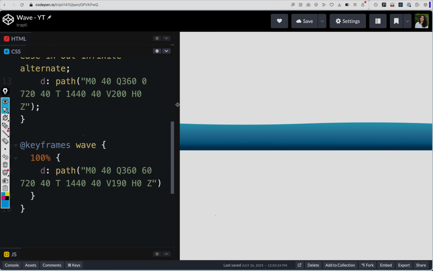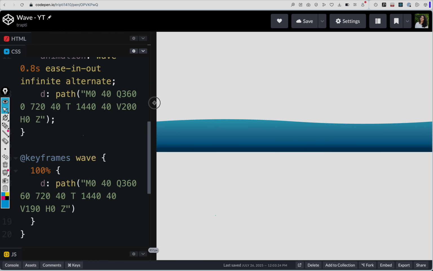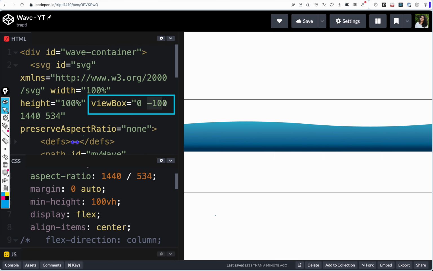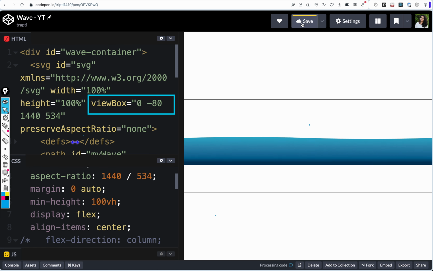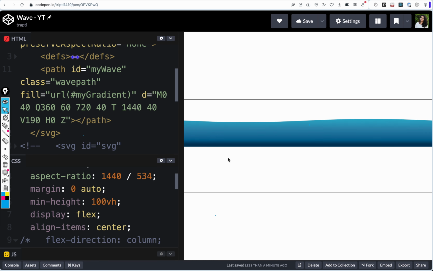Since it's an SVG, the animation stays sharp and works great on all screen sizes. Just keep your view box consistent across all your wave paths, and if you want to reposition waves or layers, you can just tweak the X and Y positions of the view box or transform values in the path. So yeah, that's a simple and fun way to animate SVG waves using just two paths and a bit of CSS.